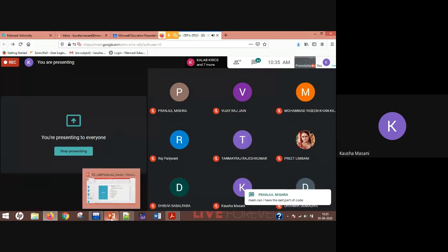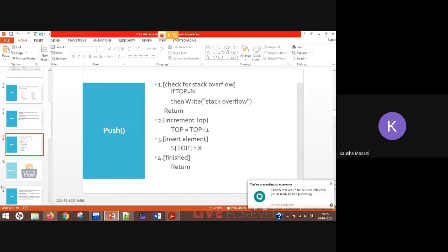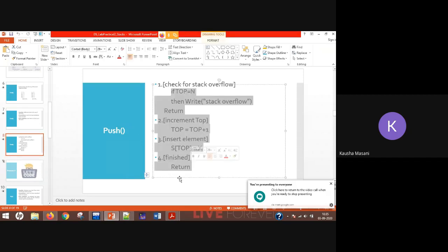Last part of the code. You mean the else part? From void push, you have to write this portion.